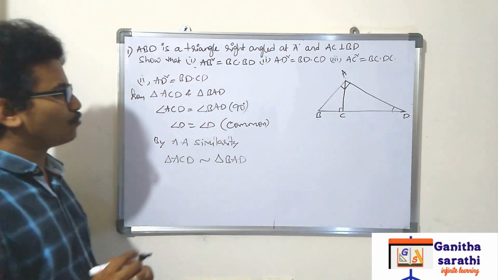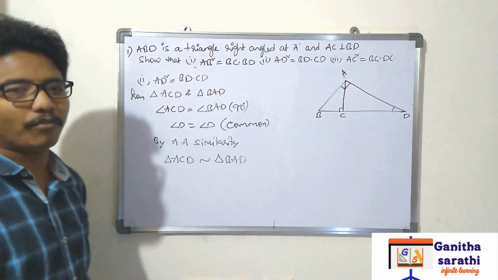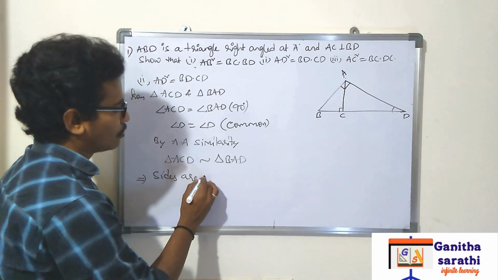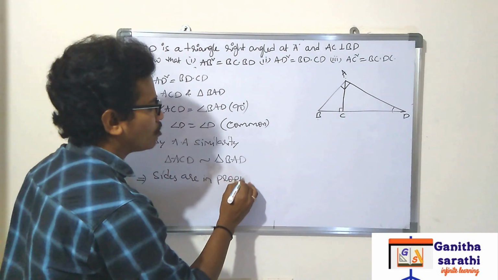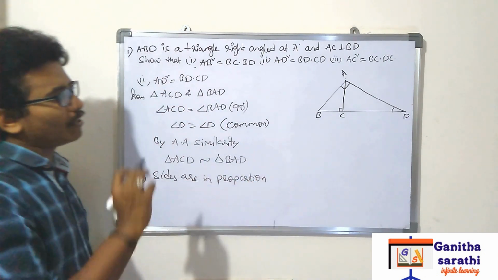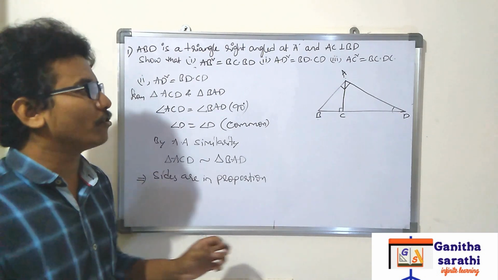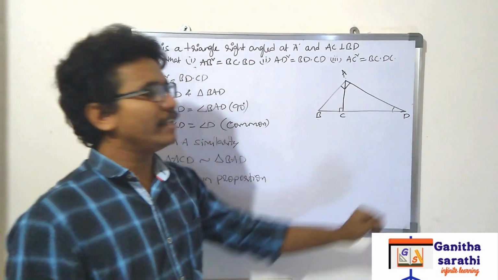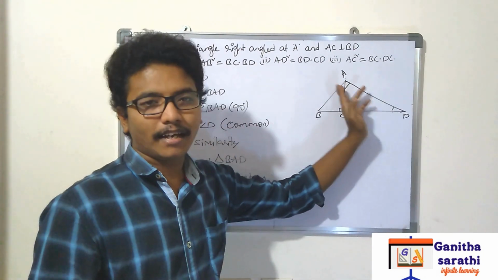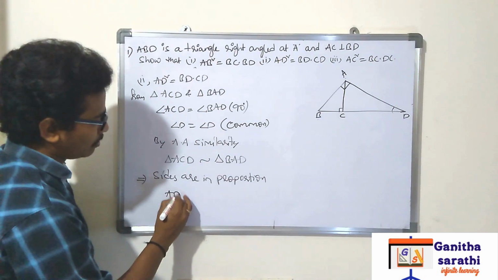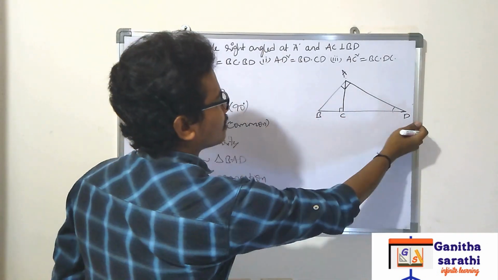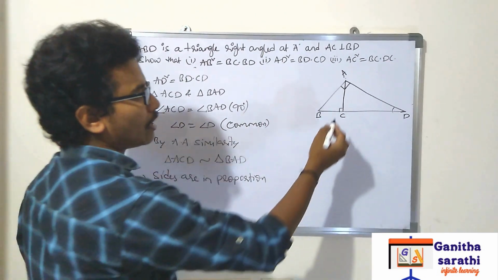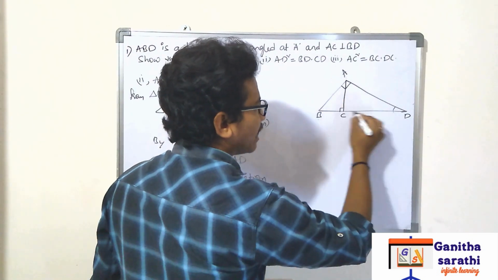The same process continues. If angles are equal, sides will be in proportion. Okay. Now, as I said, sides are in proportion. Whenever you are taking the proportion of sides in right angles, first see the hypotenuse. Easily you can identify the hypotenuse. Now, start from the small triangle only. In triangle ACD, what is the hypotenuse? AD is the hypotenuse, right? So write AD first. In big triangle, what is the hypotenuse? BD is the hypotenuse. Okay, BD is equal to,